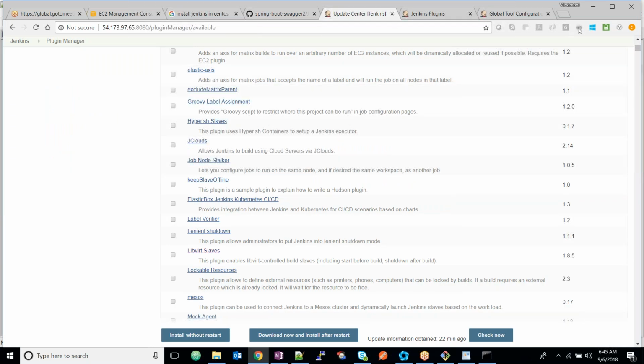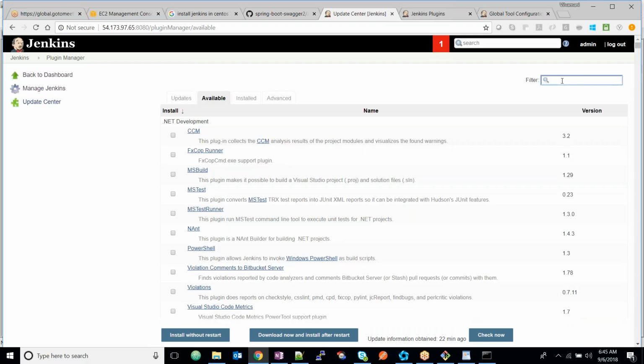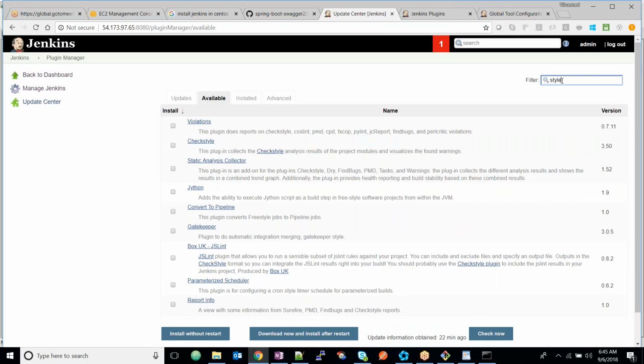Again, if you want to filter some tools based on the name, you can go to filters. I'm trying to filter one tool, it's called Checkstyle. Okay, I want to know information about this tool Checkstyle, and also I'm trying to install this one. When I try to install, I have two options: either install without restart, or download it now and install after restart. I can choose either option, but it is always preferred to use install without restart,